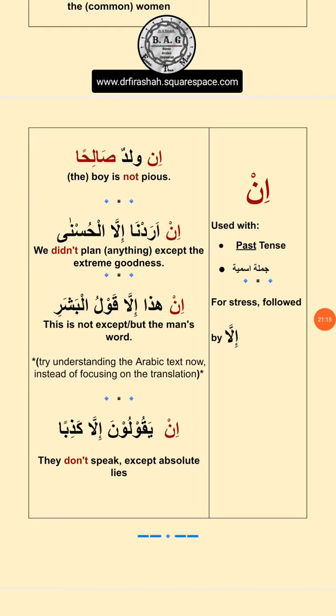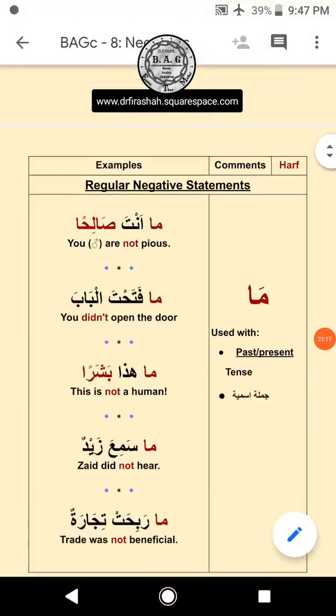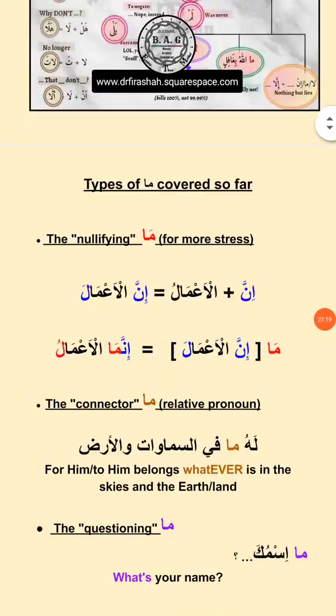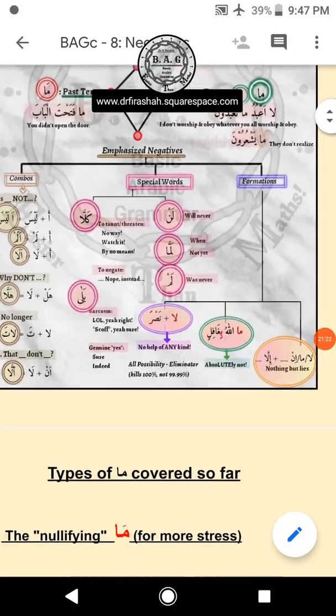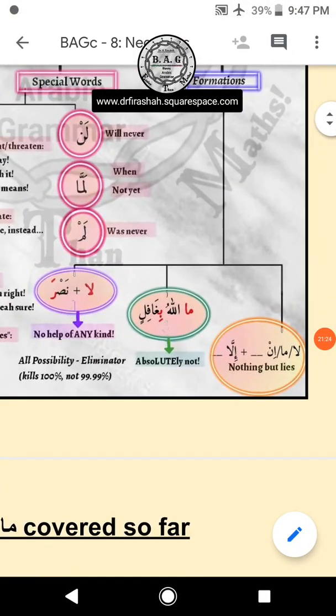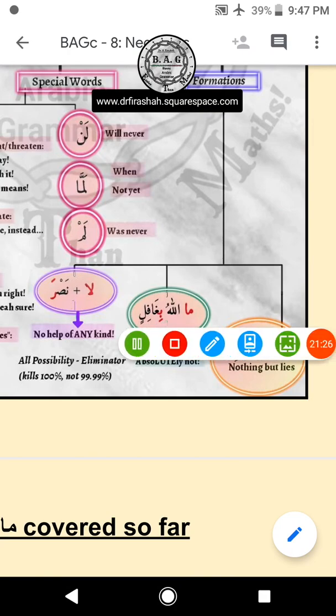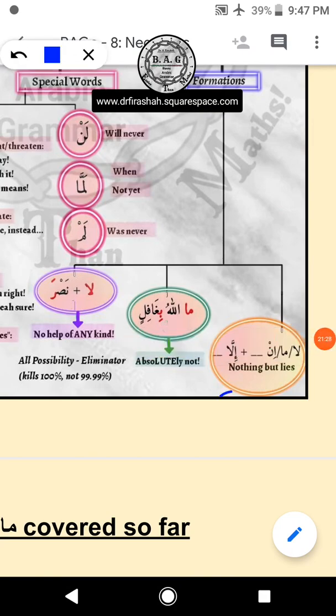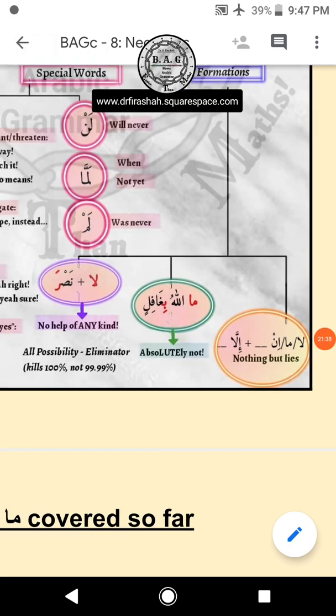In the next lesson, 8b, we are inshallah going to study the three important formations. These are those formations: ma illa, wallahu bi ghafilin, and then la nasra. I'll try and explain all of these in huge detail and with a lot of